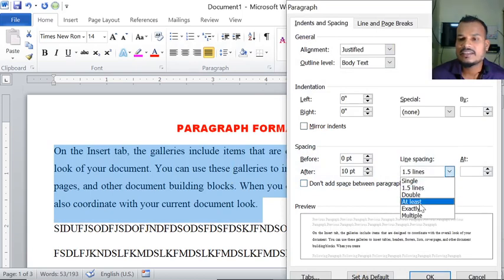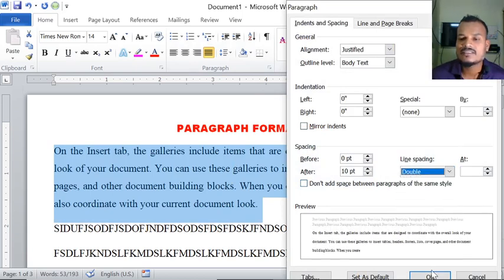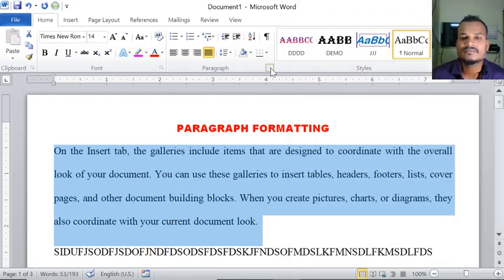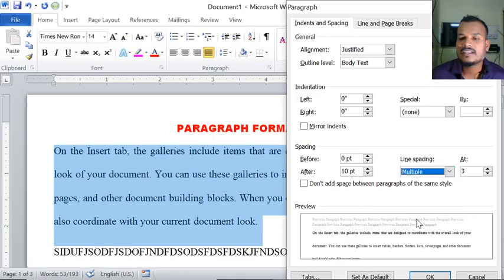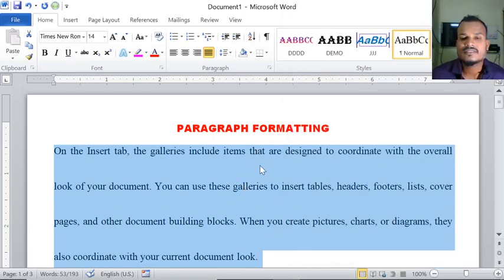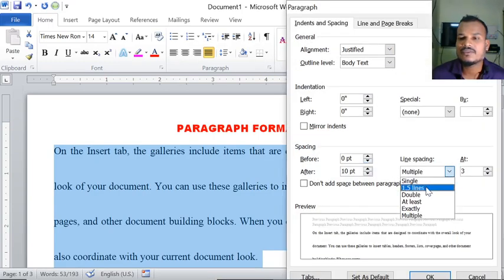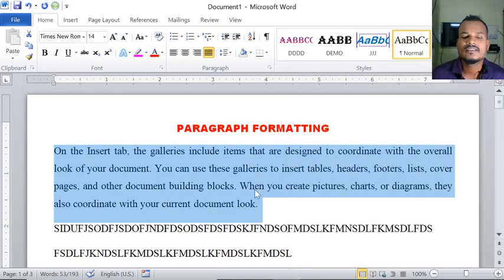I have given double here, which means more space than this. See here. Multiple. See here. Heavy space. So normal means 1.5 lines. See here.